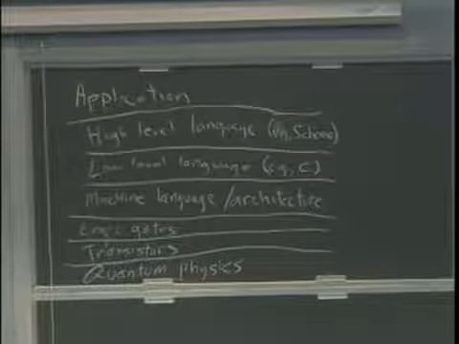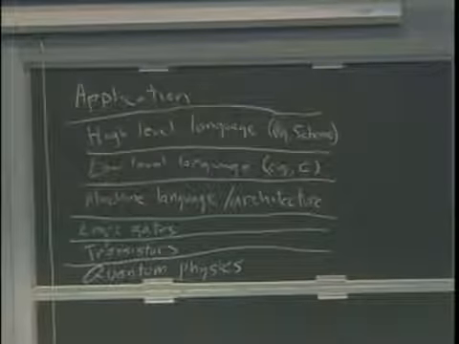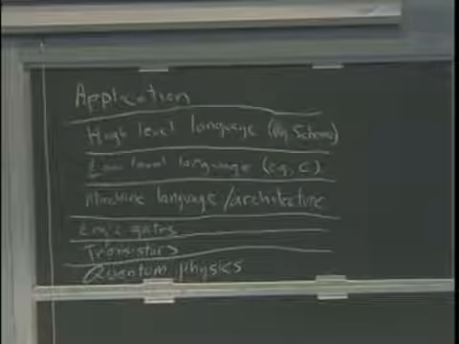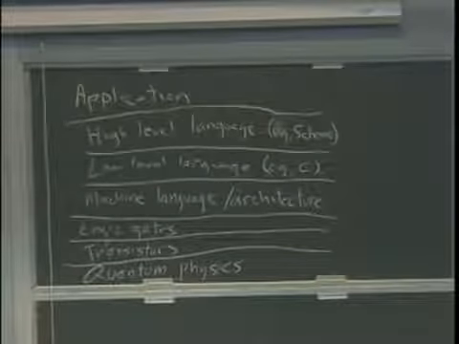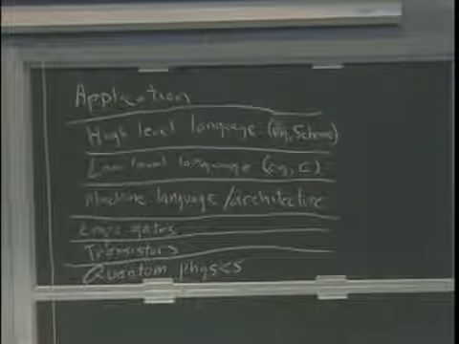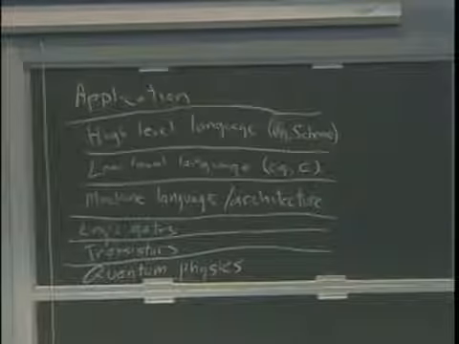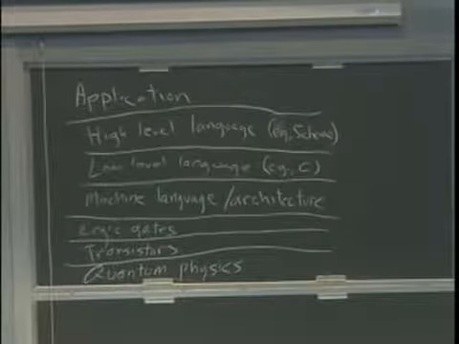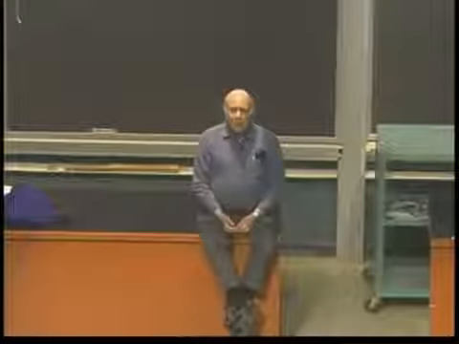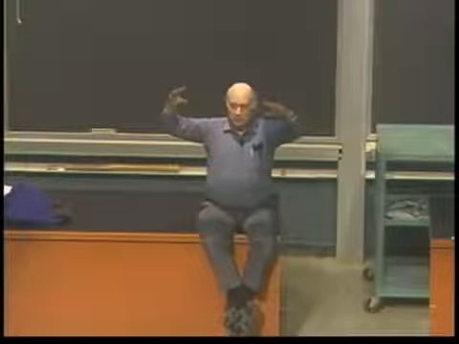Abstract kind of means weird, right? So quantum physics, that's as weird as it gets, right? And higher level languages are pretty weird. All your friends will tell you, why are you using this weird language, for example, in your computer science class? When we say abstract, we don't mean weird. Yes? Yeah, abstract means built on top of other pieces.